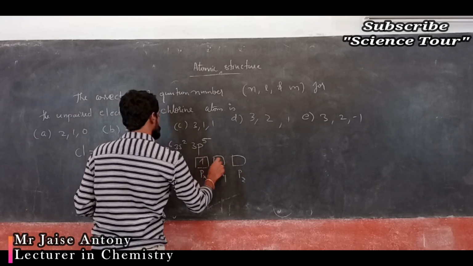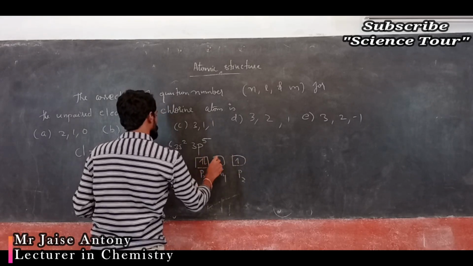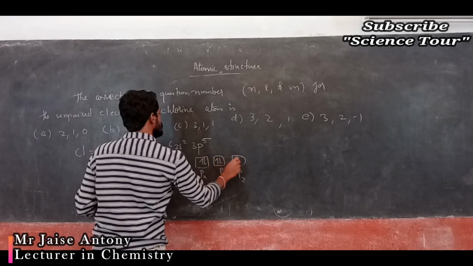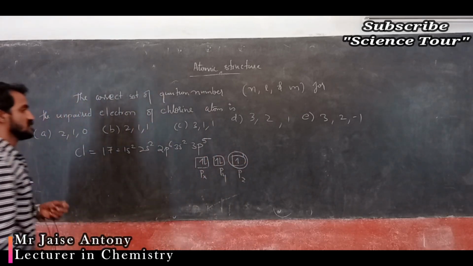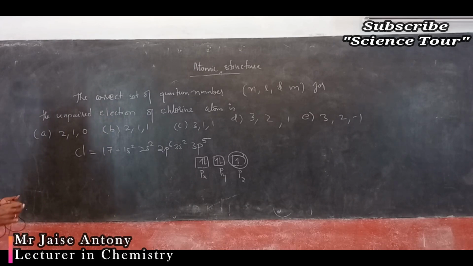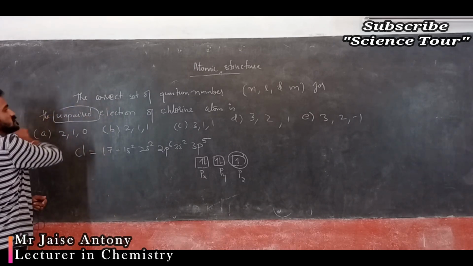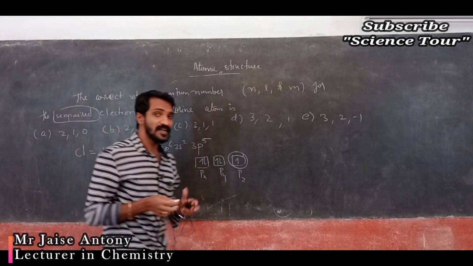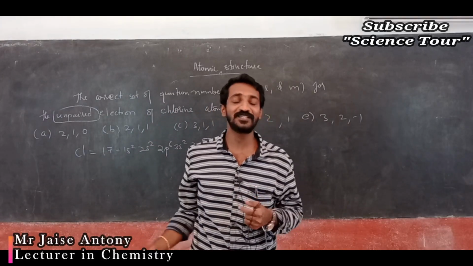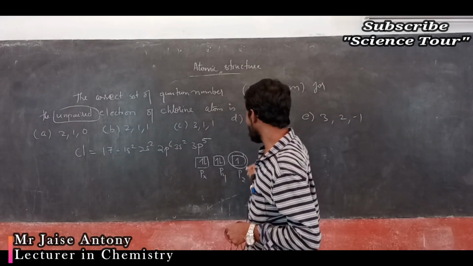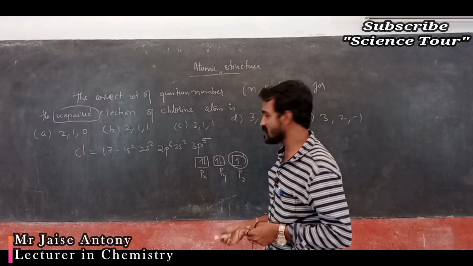So my dear students, the unpaired electron is present in a p orbital, px, py, pz. 1, 2, 3, 4, 5. This is the unpaired electron, the last unpaired electron. For confusing only they are giving these words, understood? Don't get confused. If you know that electronic configuration, it is very easy, understood? The last one is the unpaired electron, 3pz, okay?